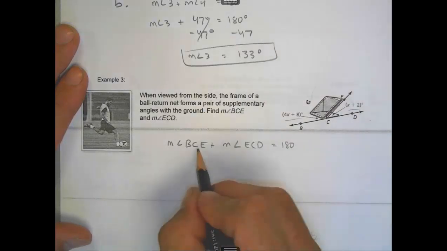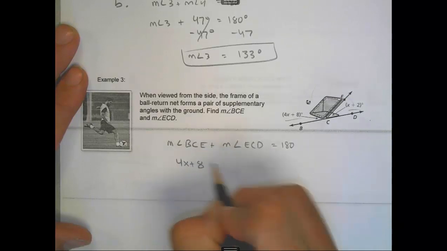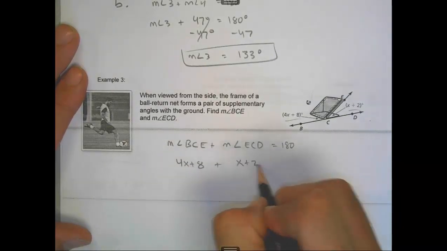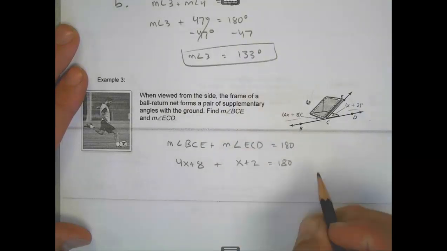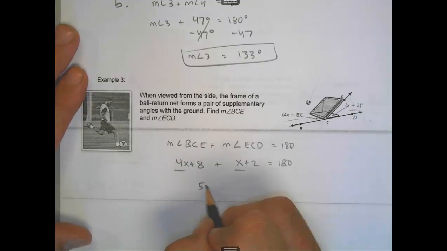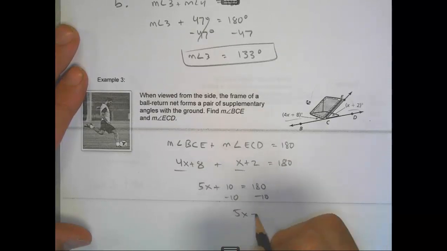And then we're going to substitute. So this is 4x plus 8, and this is x plus 2. All right, substitution. And now we're going to add like terms, so simplify. That gives us 5x plus 10 equals 180. Subtract 10 from both sides. We have 5x equals 170. Divide both sides by 5. X equals